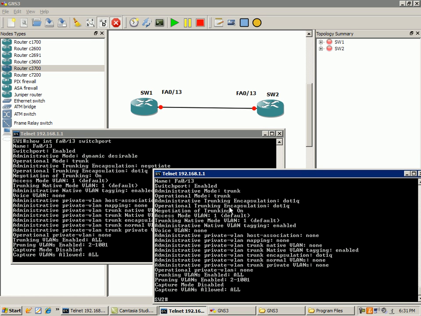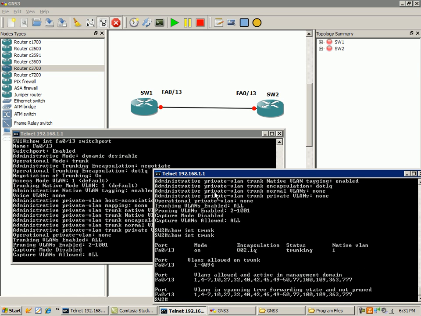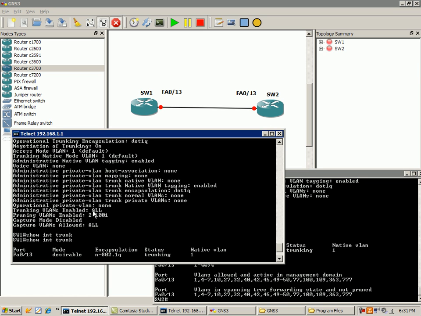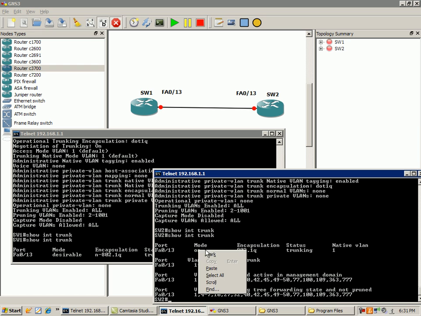So one side is set unconditionally to trunk. If I do a show interface trunk on switch 2, you can see here where it says mode is desirable, and then here it says mode is on. So basically this means that it's unconditionally in trunking status. So if one side is set unconditionally to trunk and the other one's set for desirable, that will cause a